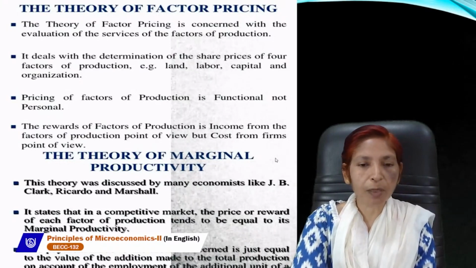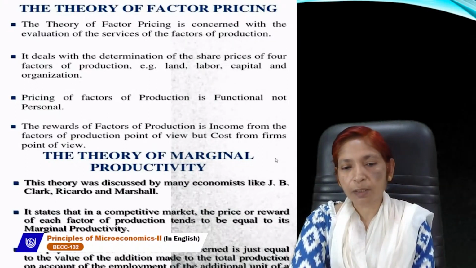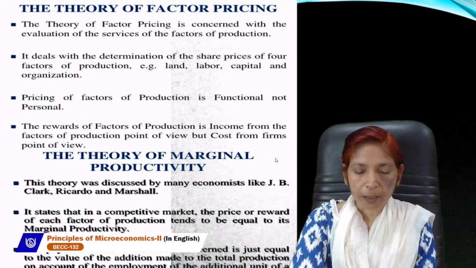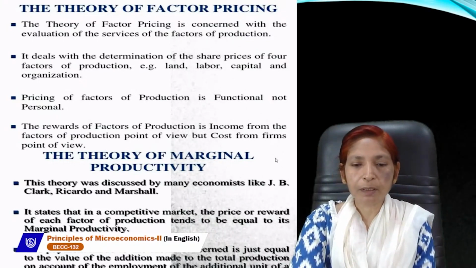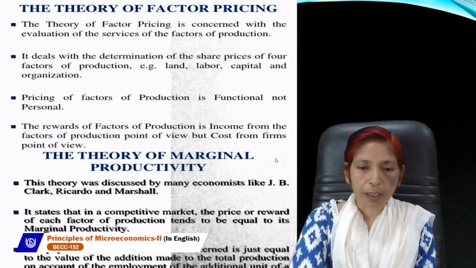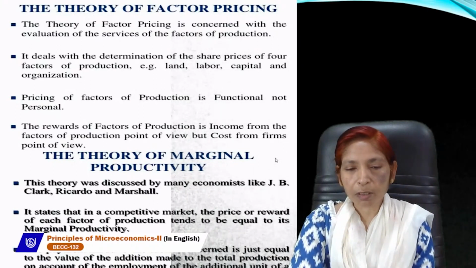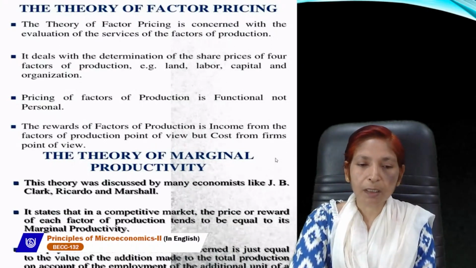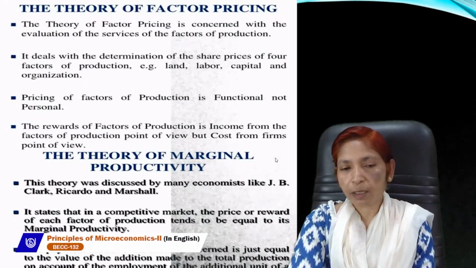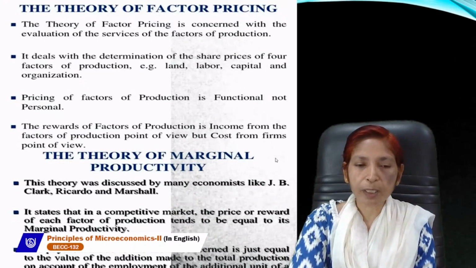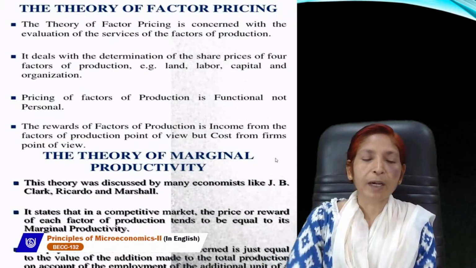It means the price of labor must be equal to the contribution of labor in marginal productivity, and the price of capital must be equal to the contribution of capital, and the price of land must be equal to the contribution of land. So where MPL is equal to PL, MPK is equal to PK, or MPA is equal to PA,